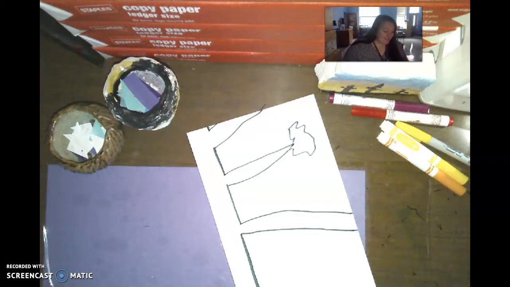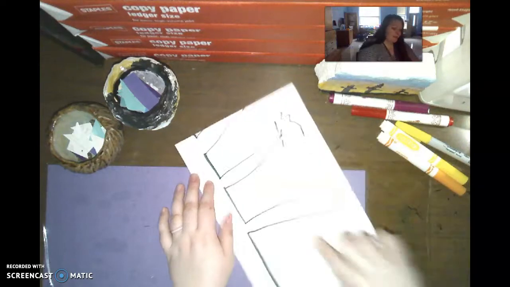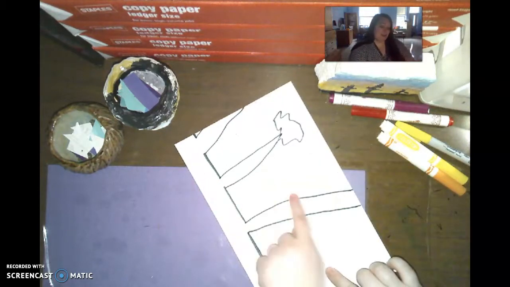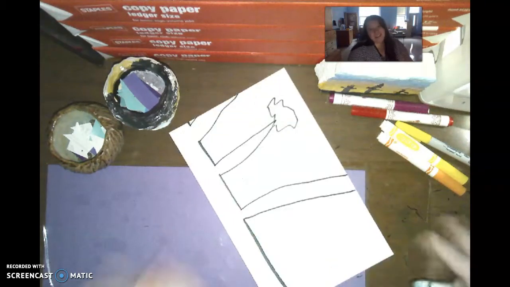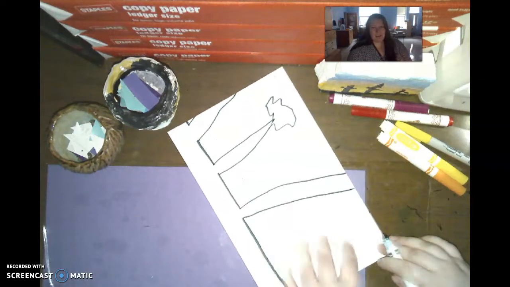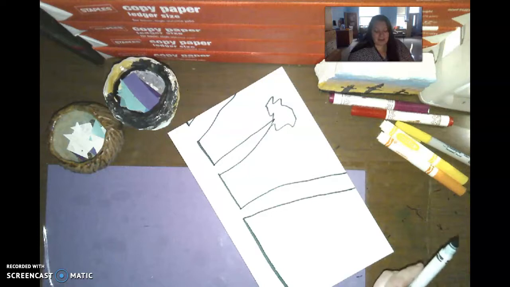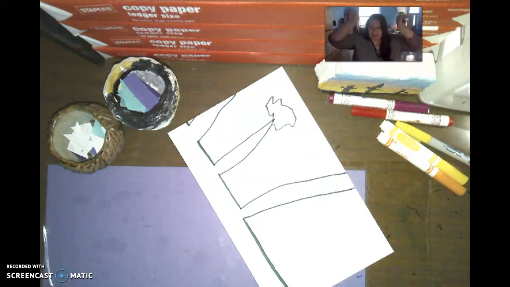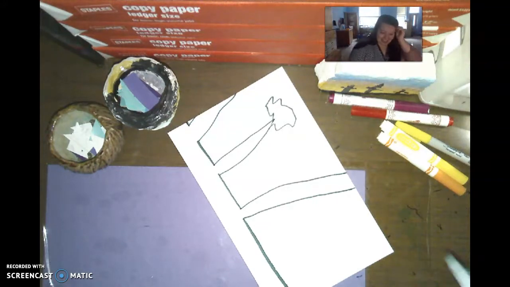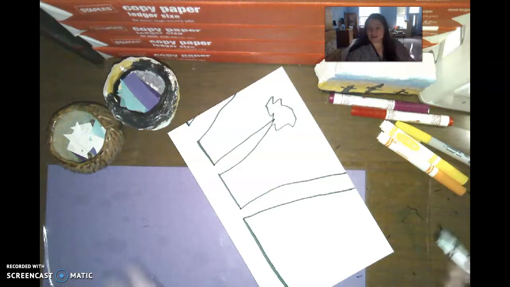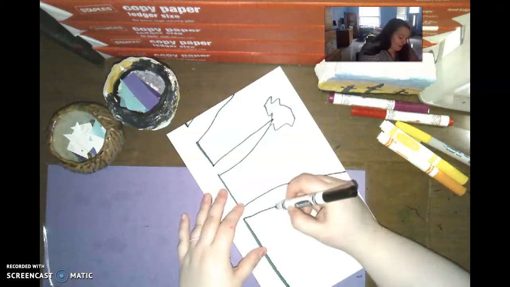Awesome, guys. Now what we're going to draw is I'm actually going to put my monkey here. If you have more space here, that is fine. You can put your monkey wherever you want to, but I just have more space here for my monkey. Okay? Now, one of my all-time favorites from this scene is the very beginning of the book, where he's hanging from the tree branch. That's what we're going to draw, okay? That's what I'm going to draw. I hope you all draw it with me. So I'm going to start with